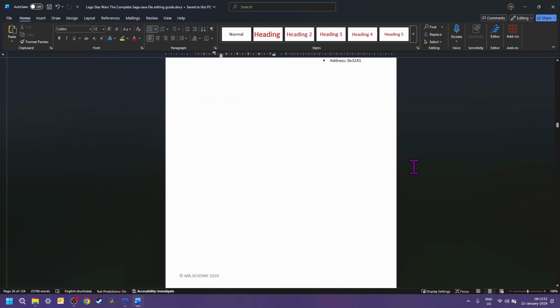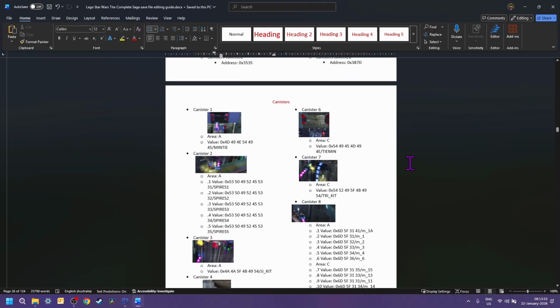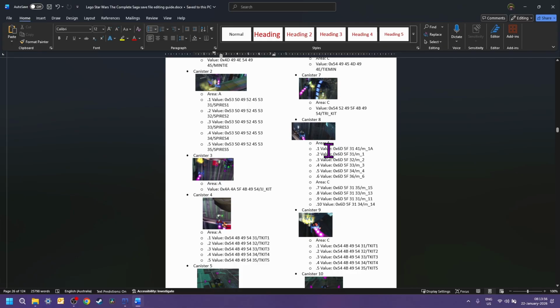I want to show you Bounty Hunter Pursuit. Okay, so I have listed, say with canister 8, if you are somehow able to get back to the start of the level from area C, which is actually impossible because you cannot backtrack from area B because of that ray shield in that area. But I did mess with the files to get back to area A, because this was before I was using Brickbench to determine which canister is which.